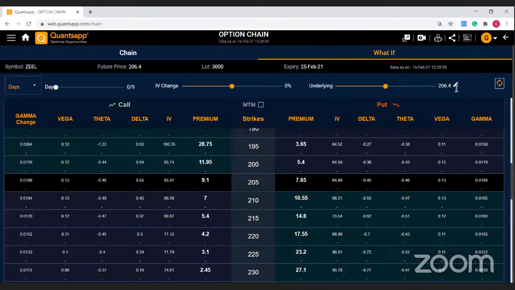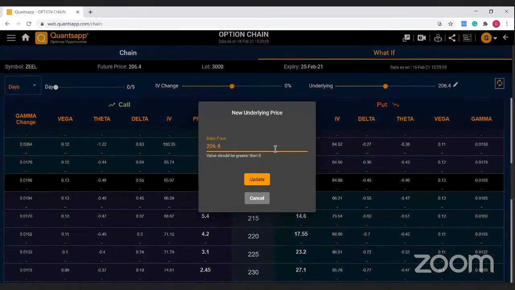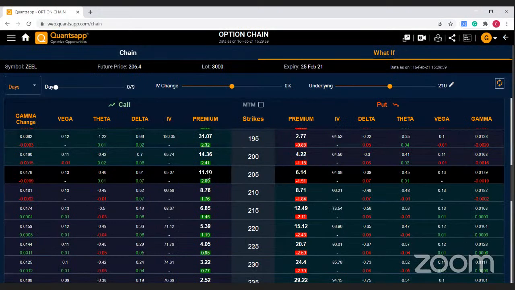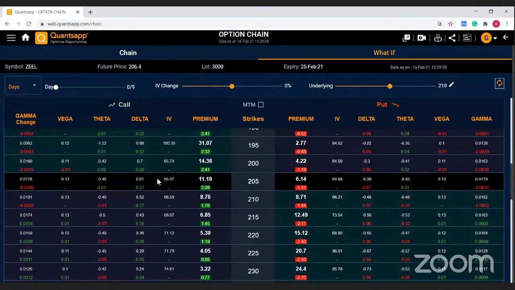So if I'm buying a call option or a put option, and I want to see how much the option premium will be affected if the underlying price moves. If I say the price moves to 210, then I can see the impact on my option premium. Then if I want to analyze this particular option chain for the next 3 days,